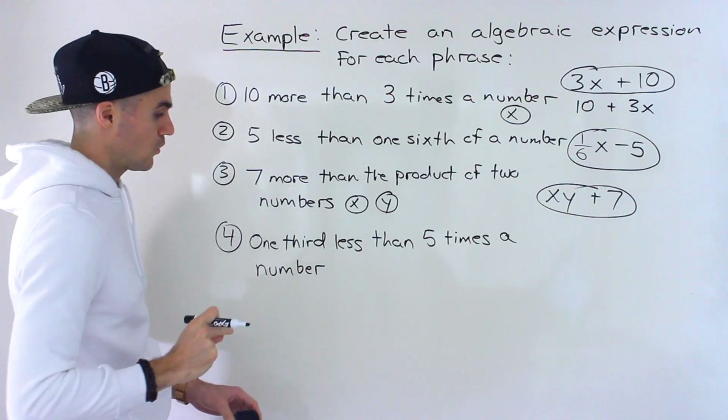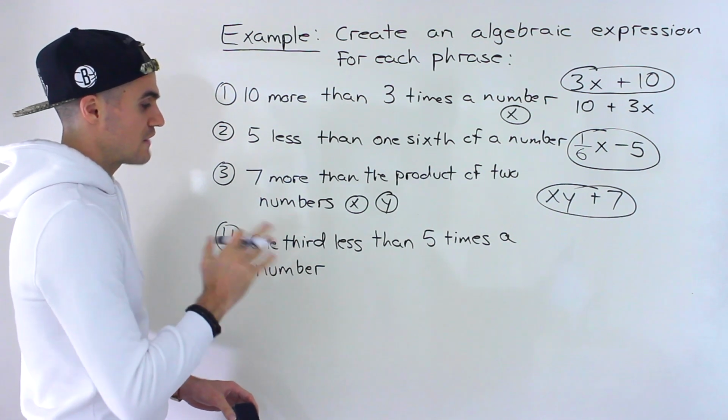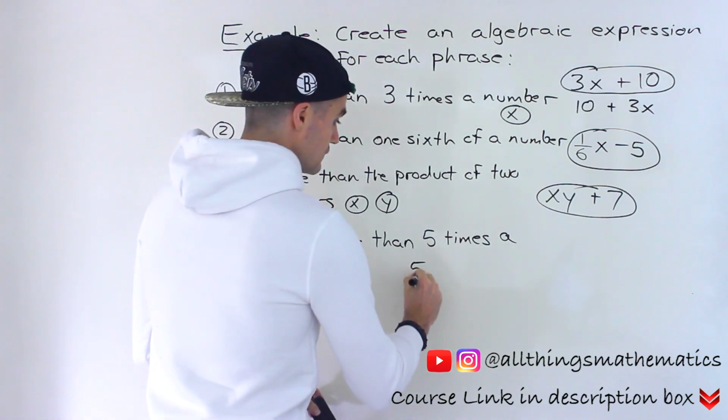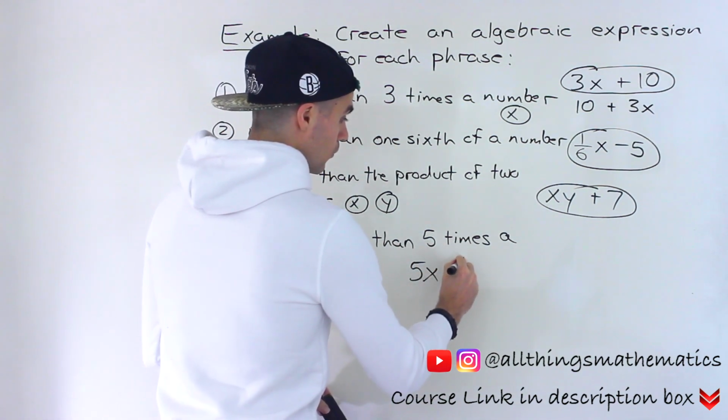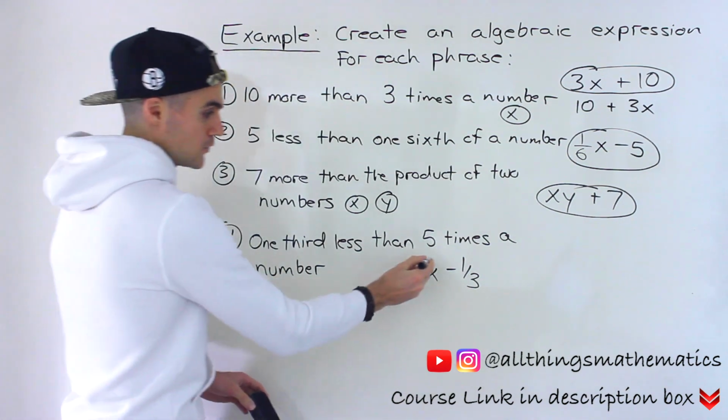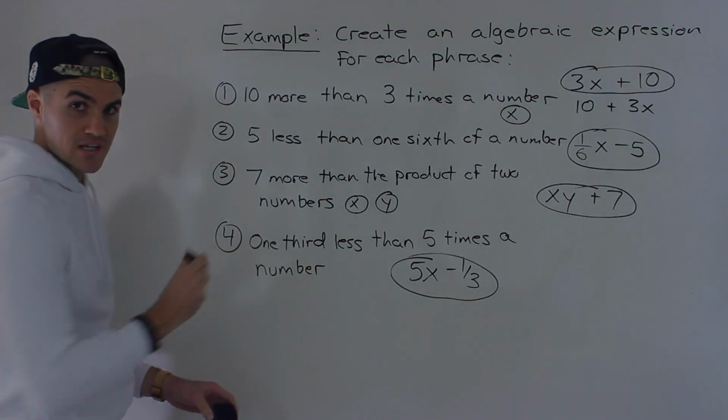And then finally, number 4, 1/3 less than 5 times a number. So we're going to have 5 times a certain number and then 1/3 less than that. So that would be the expression for sentence number